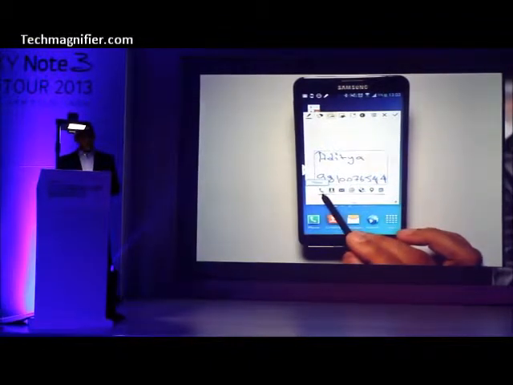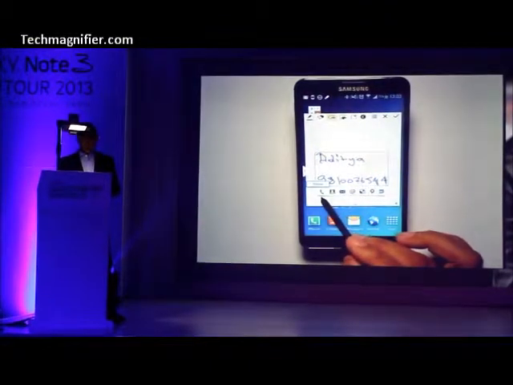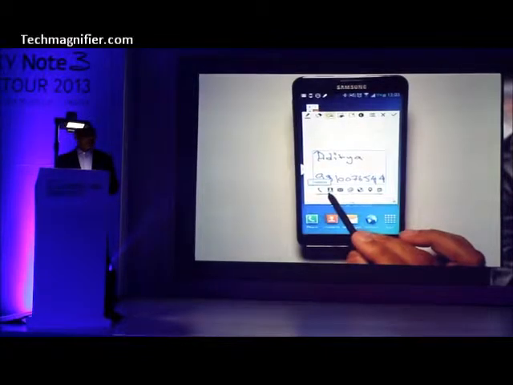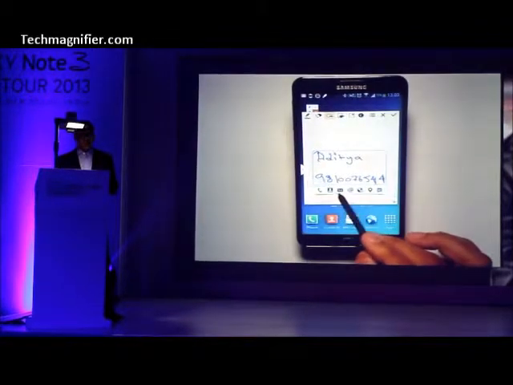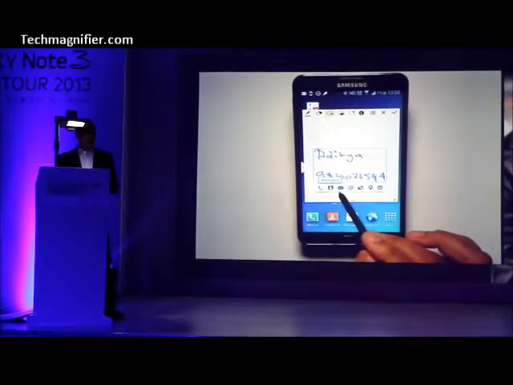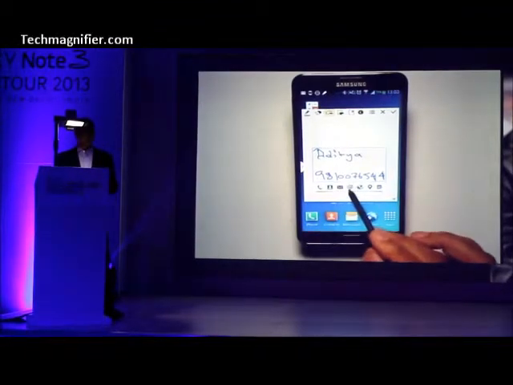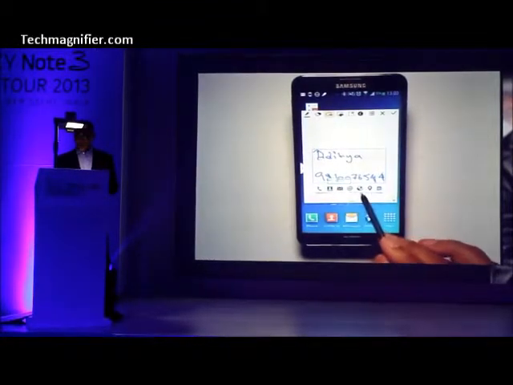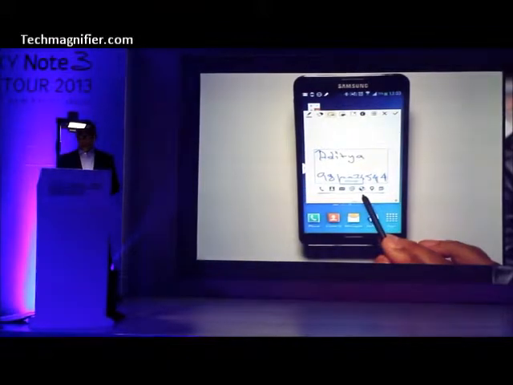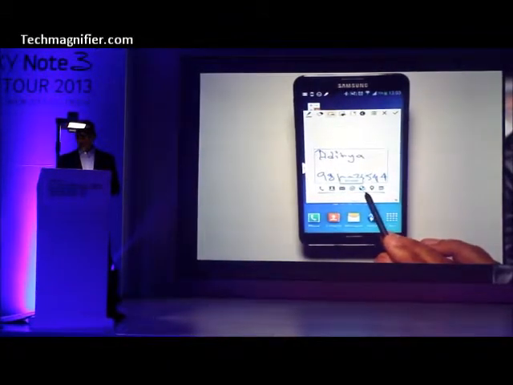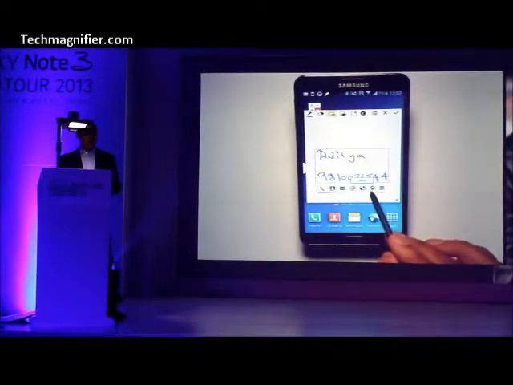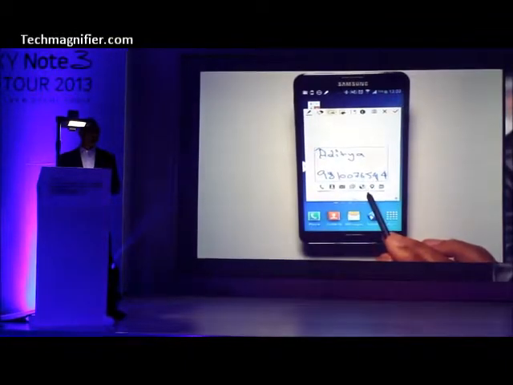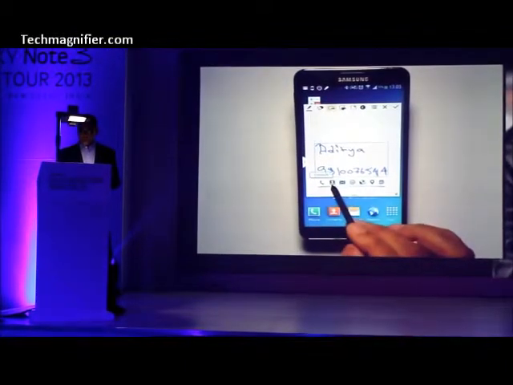I can actually make a phone call to this number. I can save it under contacts. I could also send an SMS to Aditya. In fact, if I had his email address, I could send an email as well. Or if I had his address, I could just press map, and it will take me to the address which I put down. So, for example, if I want to save,